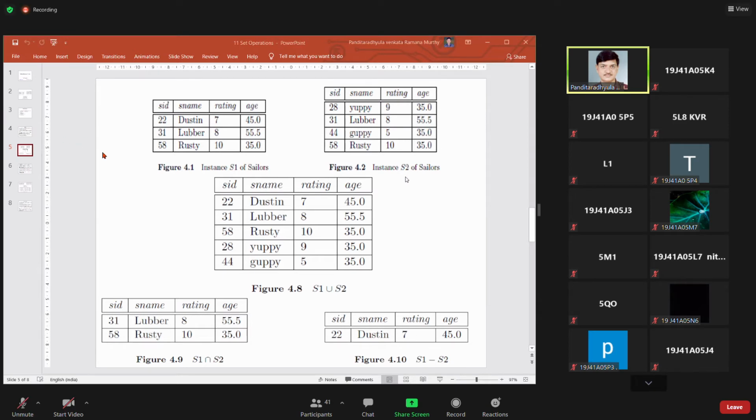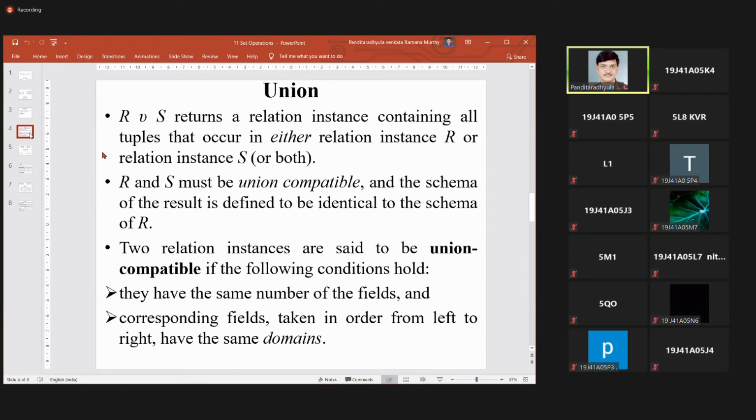So names can be different, but all must be similar: the same number of columns of the same type. Then we can say both are union compatible. Whatever result we get from table S1 can be compared with whatever result comes from S2. That is the meaning of union compatible. So the relation instances are said to be union compatible.